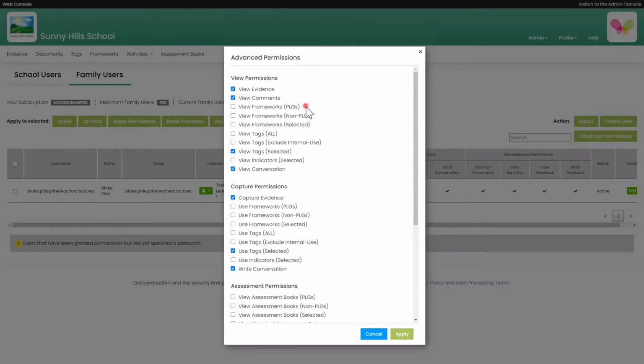And this won't automatically grant that permission, but it will give me the column that I can then select: either all family users can do it, no family users can do it, or it would be individual, selected as grey. So just to give you an example, if I did want to consider letting family members see the framework links that have been linked to a PLG on a piece of evidence,